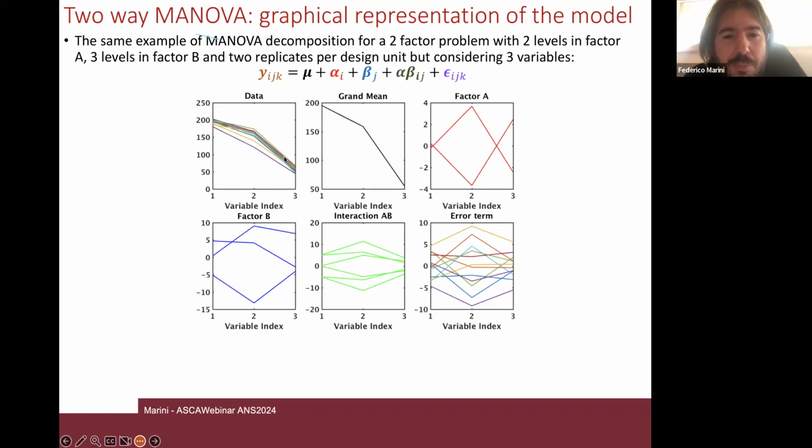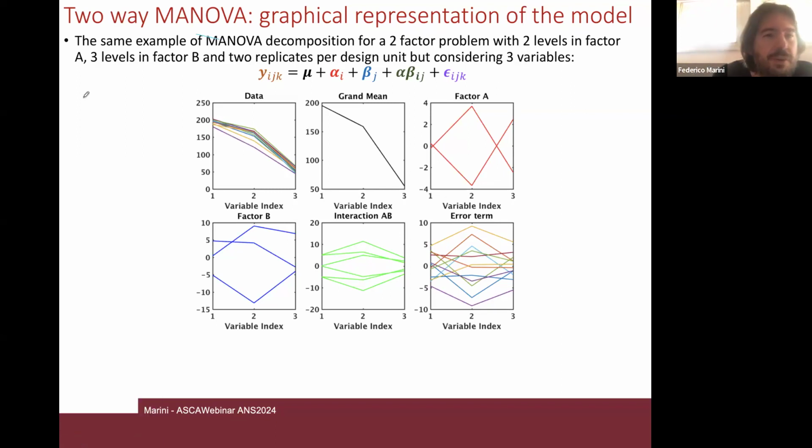So, 3 variables, and I make a design with 2 factors. Factor 1 is at 2 levels. Factor 2 is at 3 levels, and I have 2 replicates for each design unit. So if you want to see it